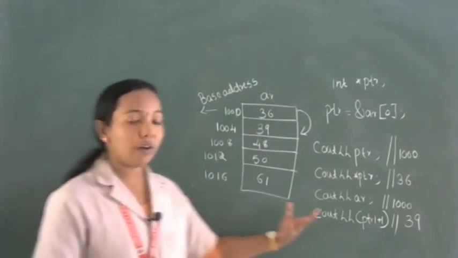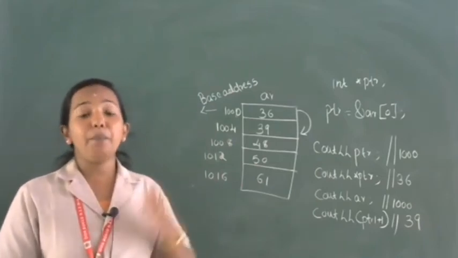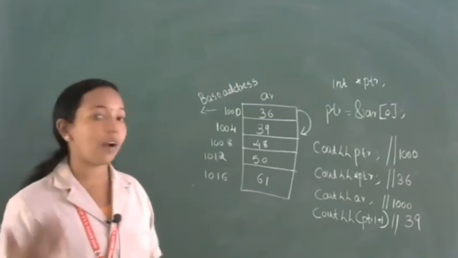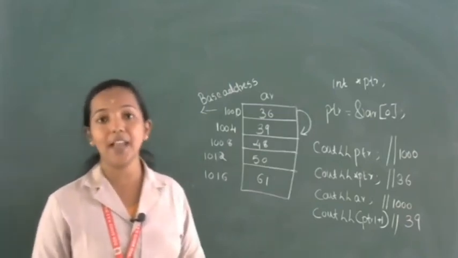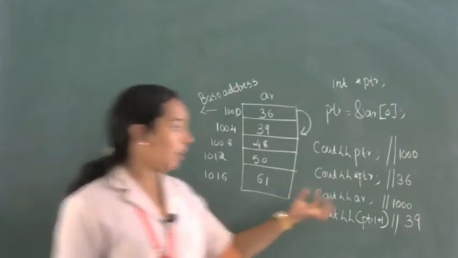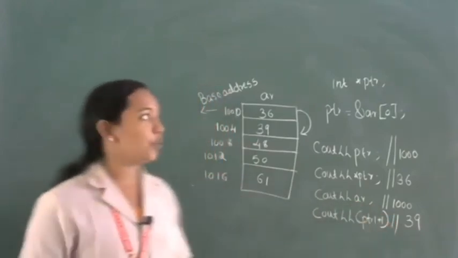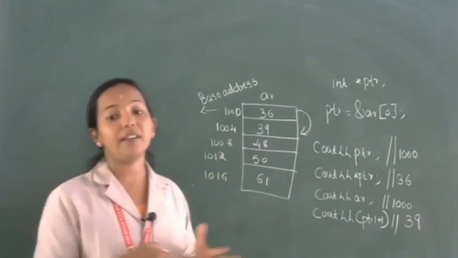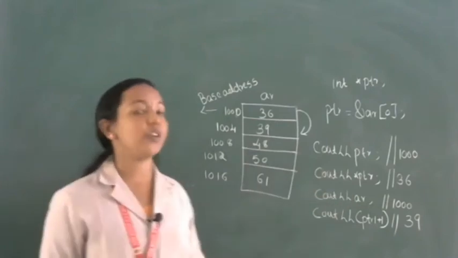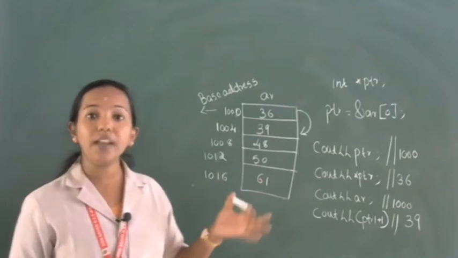By this we can say that pointer name and array name are equal; the array name also acts as a pointer. So if we write cout AR, it represents its base address. So there is a connection between the pointer variable and the array name. This is just a demonstration of how the pointer is connected with the array. This is only for integer pointers.